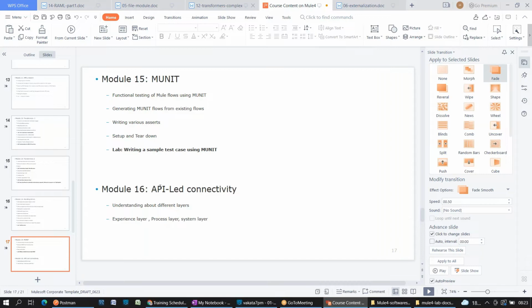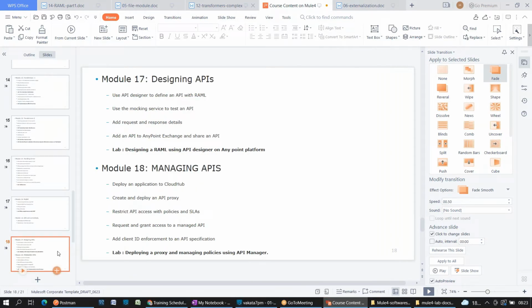Then the actual picture comes into the picture. API-led connectivity. First of all, we need to understand what is the power of an API. With a use case, I will explain what is an API, what is the traditional methodology, and after that, to overcome the problems of the traditional methodology, the API came into the picture. Especially API-led connectivity, which contains 3 layers: system layer, process layer, and experience layer. So we'll compare the traditional approach with this API-led connectivity approach, and I will explain with a use case. Once you understand the layers and API-led connectivity, then we are going to start our requirement.